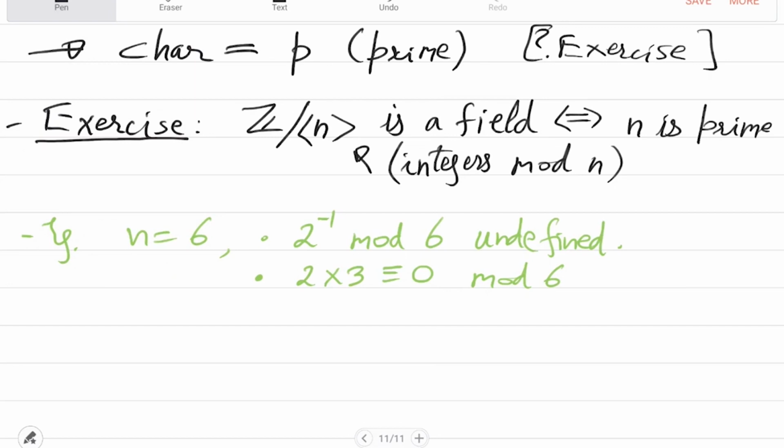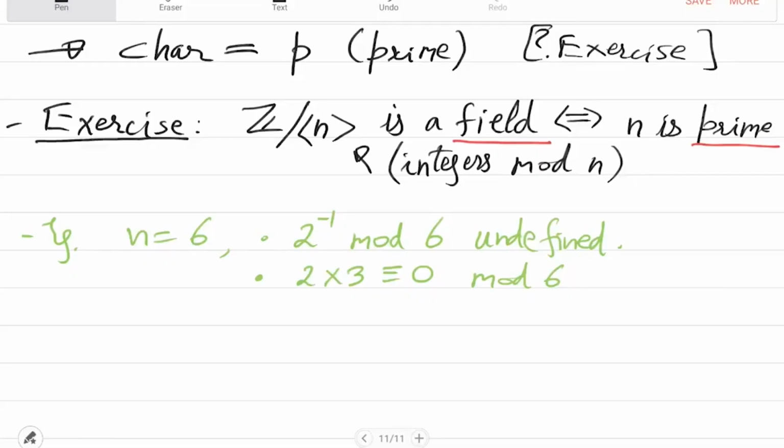What are the other finite fields? So this field is clearly finite, right? Because its elements are 0 to n minus 1. Are there other types of finite fields? Fields with finitely many elements. What are they? Extensions of these fields. Yeah, so you have to define polynomials over Z mod n or Z mod p. You define polynomials and then you work with irreducible polynomials. You quotient by that. So these things will be discussed in the first assignment.